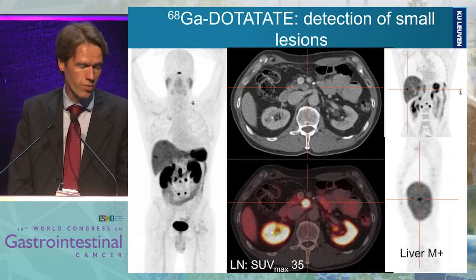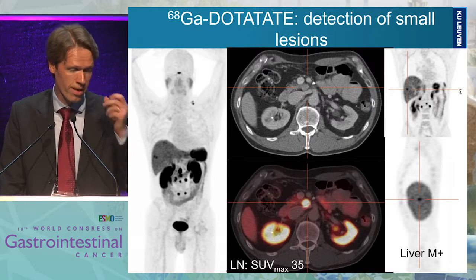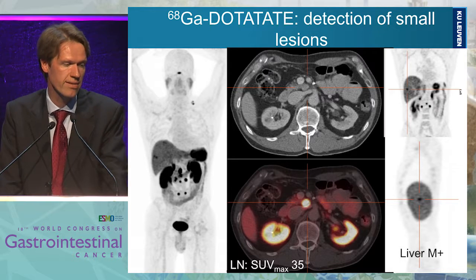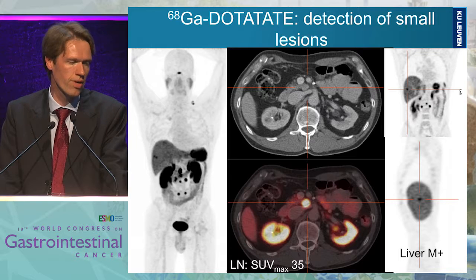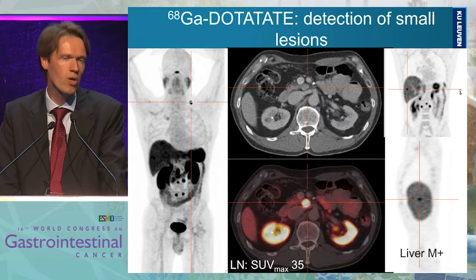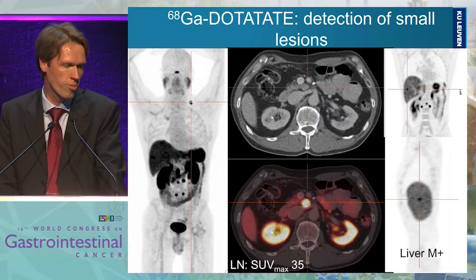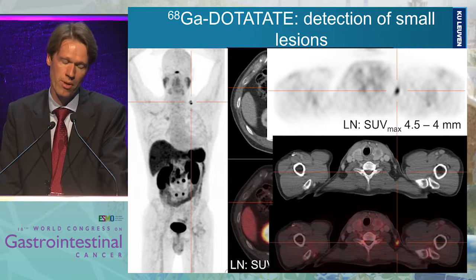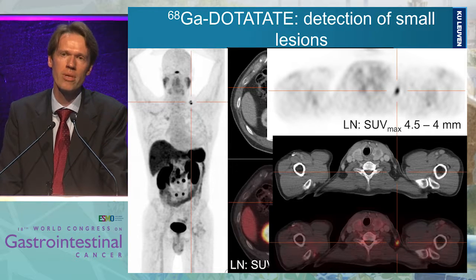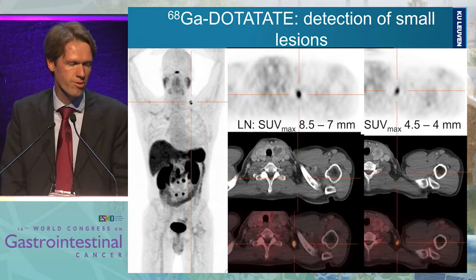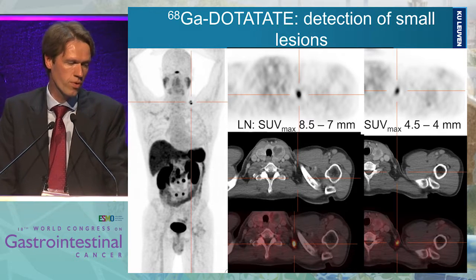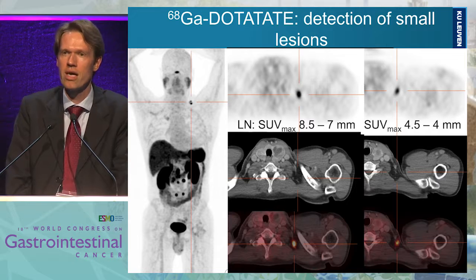This is another patient who has retroperitoneal lymph node involvement and also liver metastases, which are shown here. These lesions have very high SUV values, 35 on the lymph node, but the patient also has supraclavicular involvement. And if you look at those sites, we see that we have partial volume effect, so the SUV is lower, but we see a very tiny lymph node of 4 millimeters, which is actually a pathological node at this site. And the second site, with bifocal uptake, is a lymph node of 7 millimeters, but which is certainly not pathological